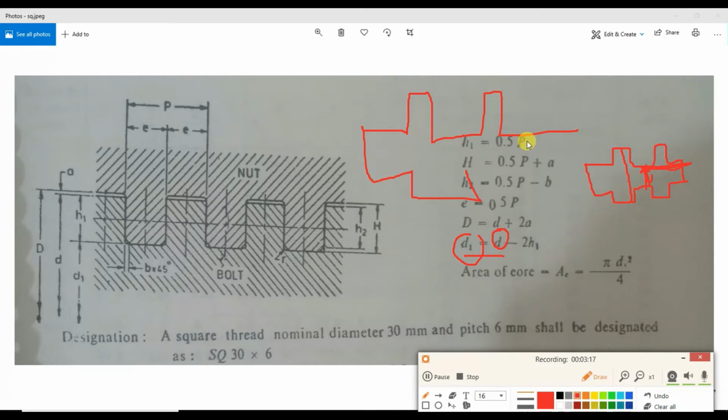Half of 7 is 3.5, and 2 times 3.5 is 7. So 38 minus 7 is 31, the minor diameter of the given square thread.